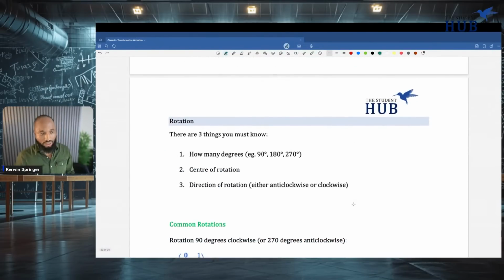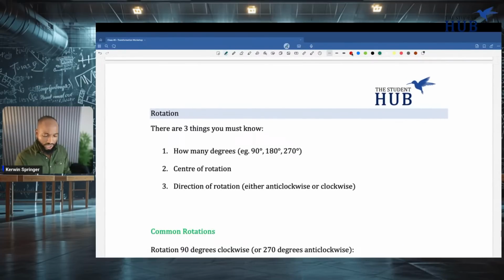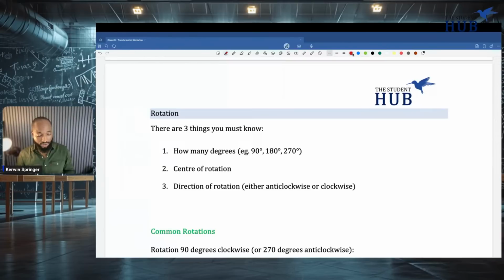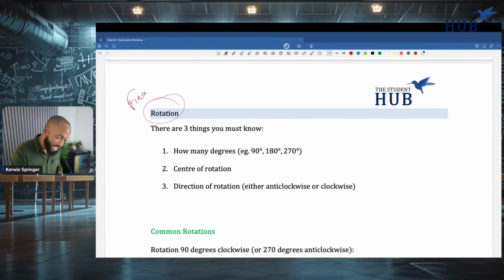All right, so we're moving into rotation. As we do in the crash course, Monday, Tuesday, then next Monday, Tuesday, not this Monday, the following one. We'll come across these questions in some of the past papers and you'll see how to handle them. There are 3 things you must know for rotation. Rotation, final thing for the day.